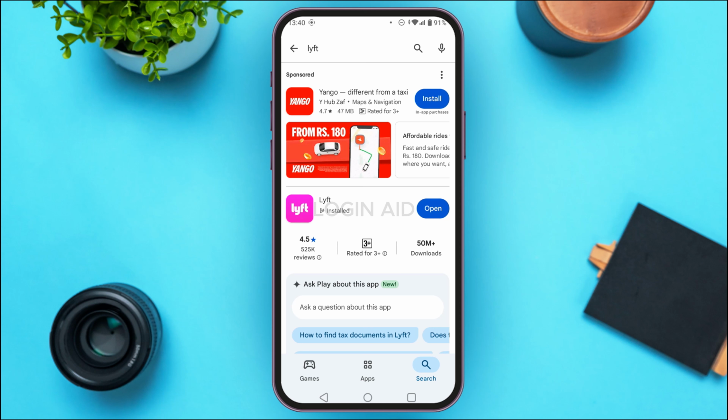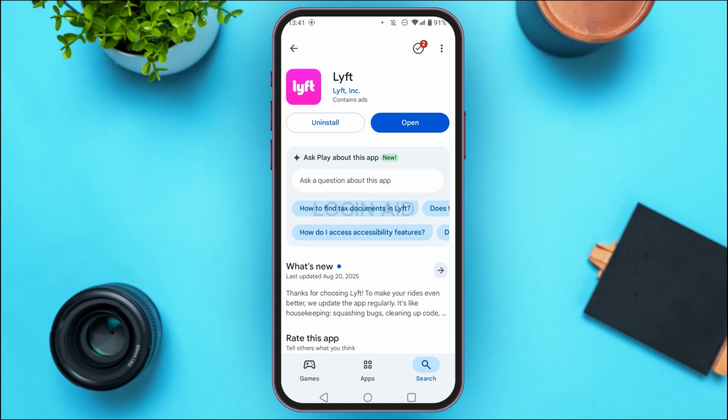You'll be able to find various options over here. Find the application for Lyft and tap on it. Now once you do that, you'll be led to this kind of interface. Right over here, you'll be able to find the option for update. Tap on it and your application will be updated. Once the application has been updated, all the bugs of the application will be fixed and your application should start